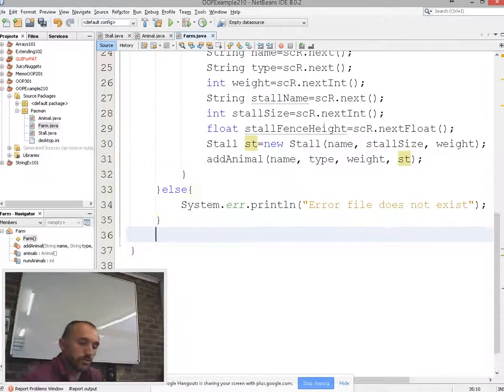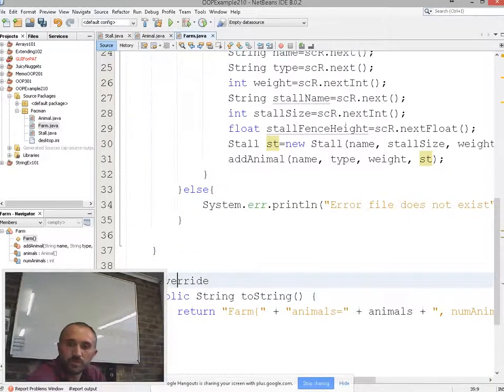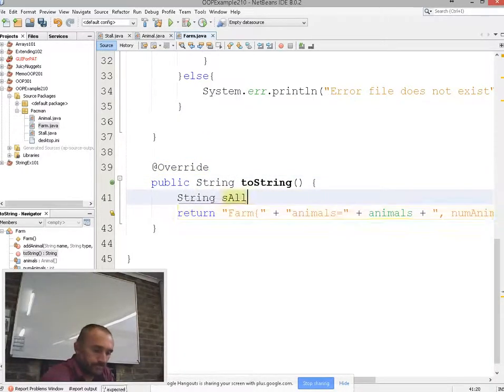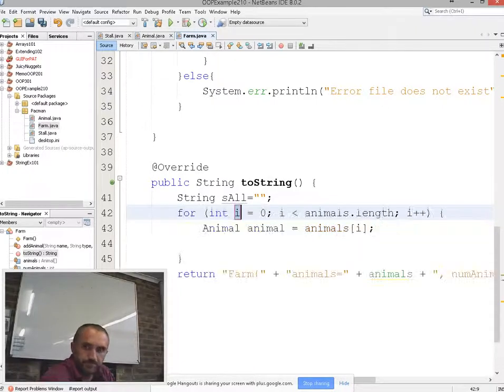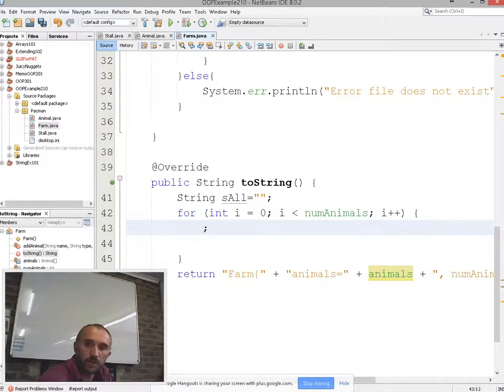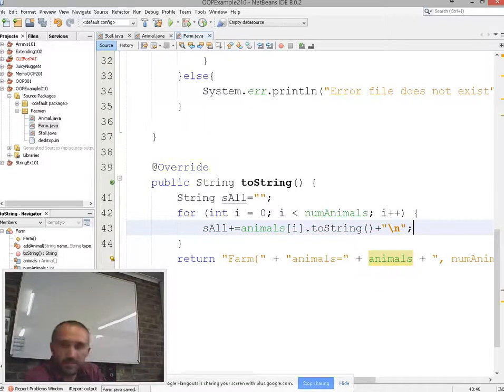Now when we actually do our toString, we just got to then append on all plus equals animals position i dot toString plus an enter. Now that we've done that,